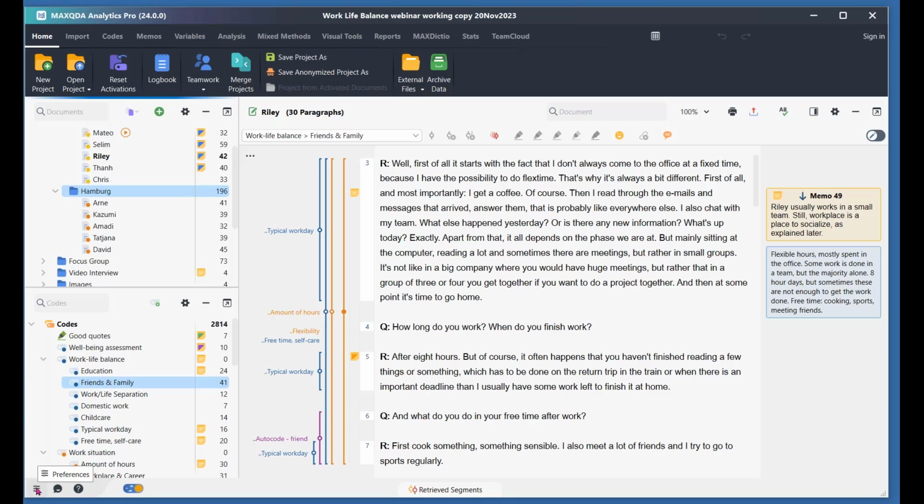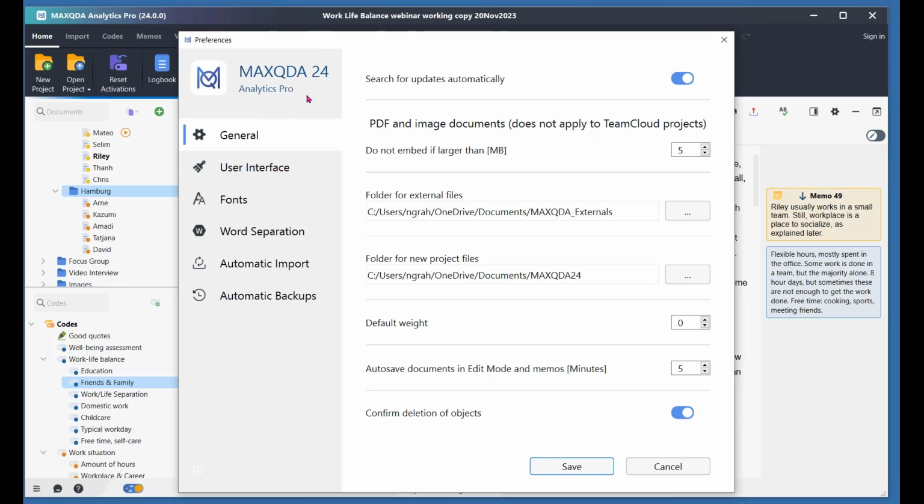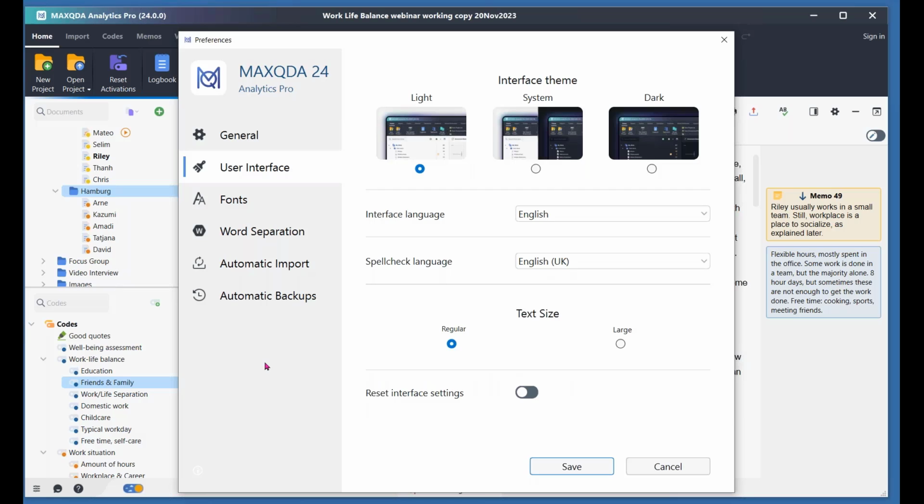And what's this last one? I can't remember. Oh, preferences. Yes. Set up preferences. Preferences are what MAXQDA calls the settings within the program. Let's just have a quick look at the preferences. So that gives me a pop-up screen for this MAXQDA 24, and we've got 6 different screens that we can do within it. If I just go to the user interface,